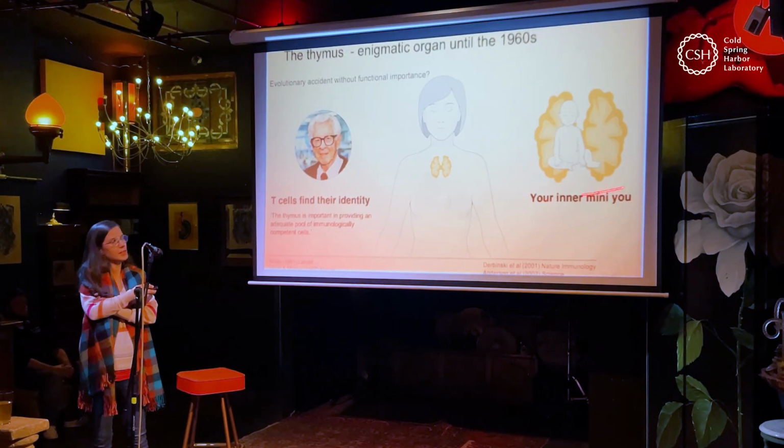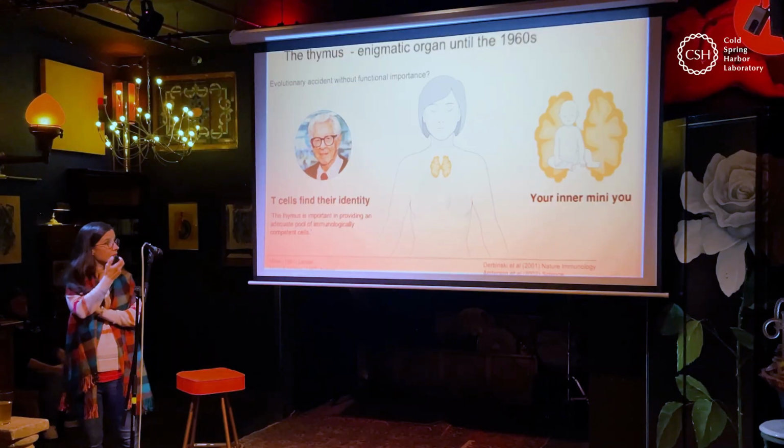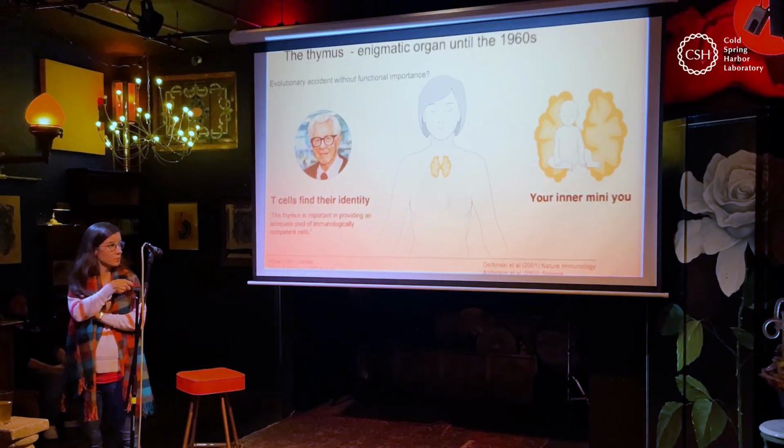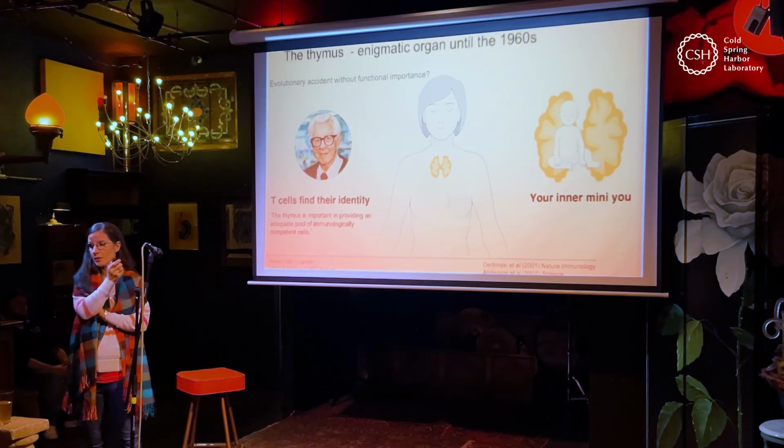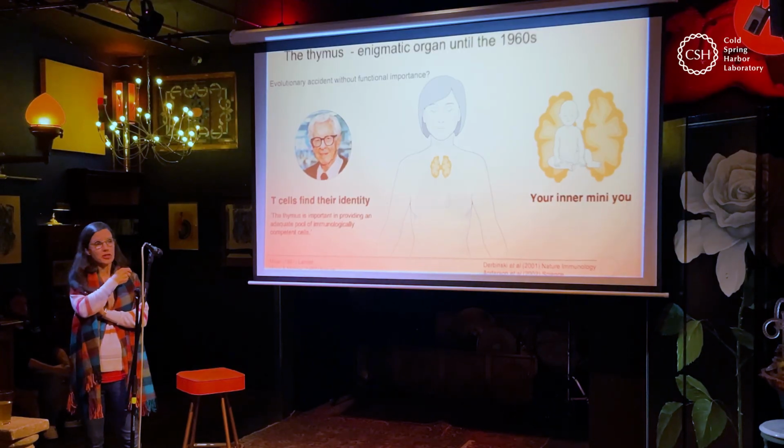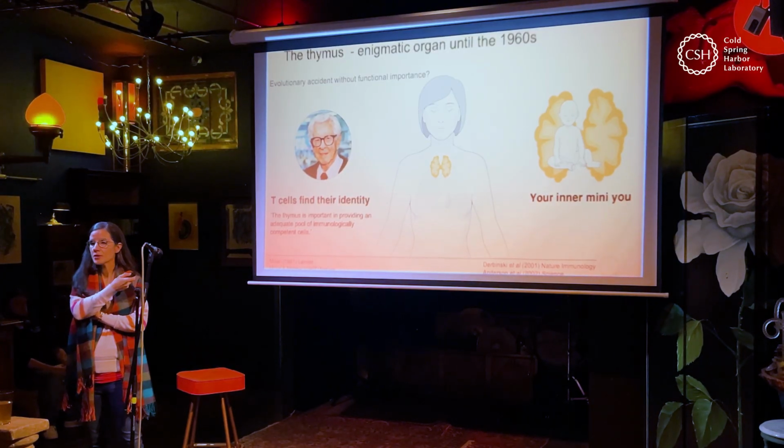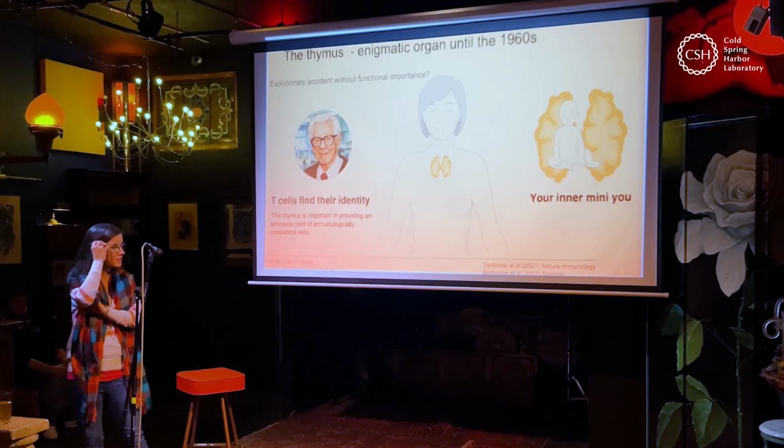I'm calling it your inner mini-you because people have realized that in order for the immune system to do the little clicky bit of saying self, not self, it actually has to have the ability to see self in the thymus. But if you think about it, your muscle cells contract and they have proteins that make that happen. The cells in your eye are really good at capturing light, and with that light capture, they can see and project that back into the brain.